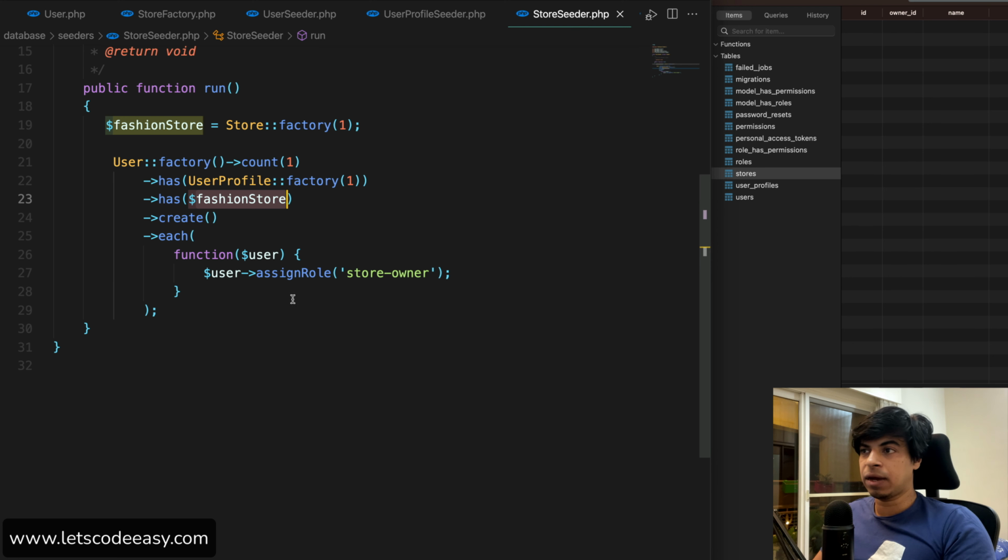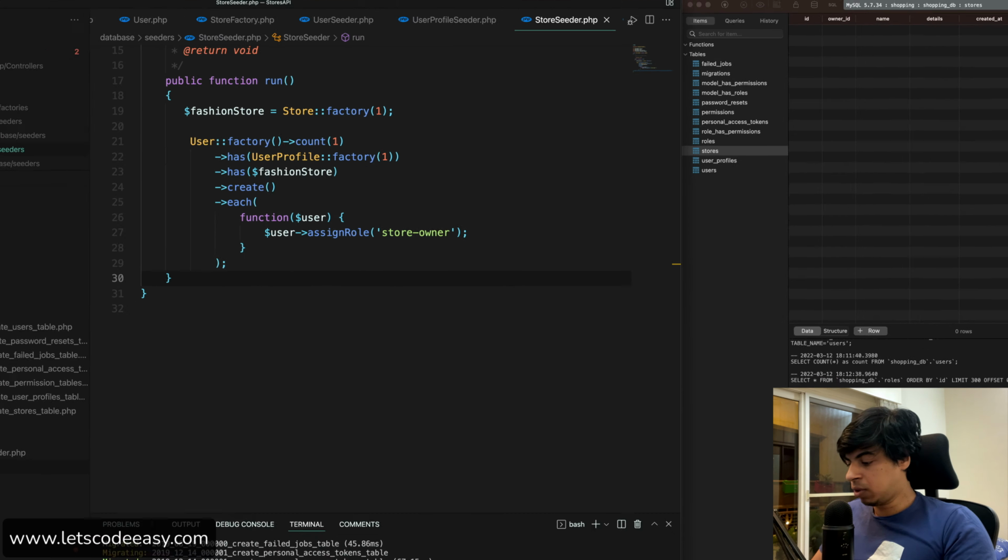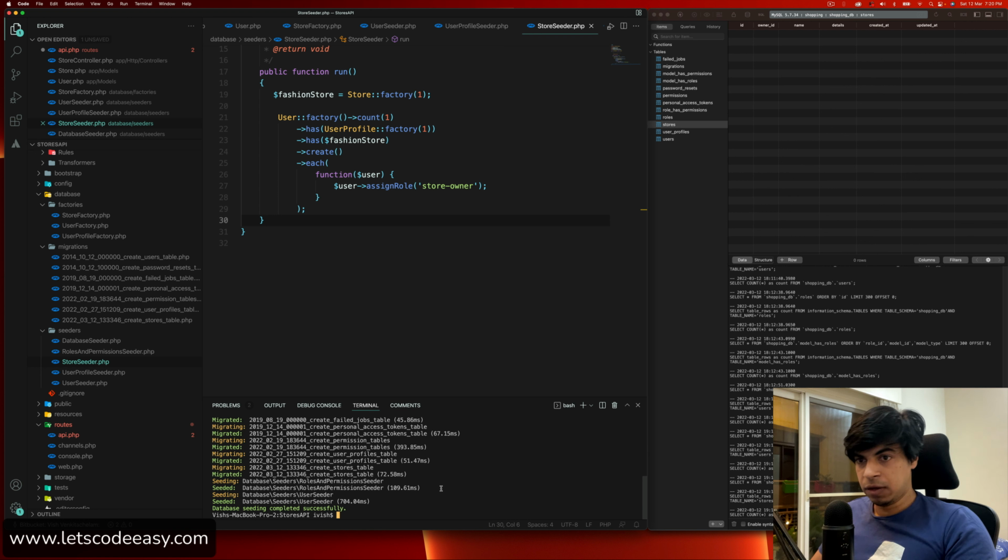That's a mapping happening here. Also, I'm assigning this user's role as store owner because he's no longer a customer. So that's another additional thing happening. With this, maybe we can create the first store and see what goes on there, because we already have